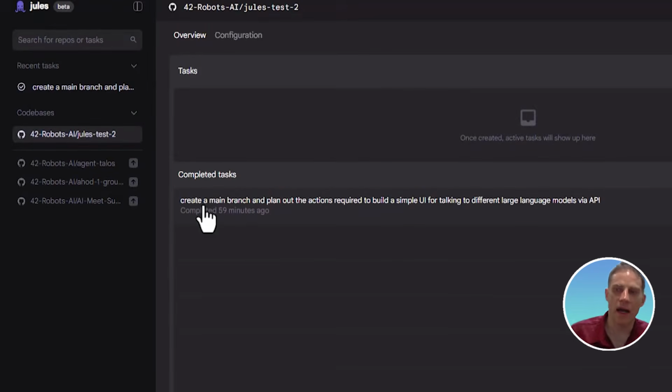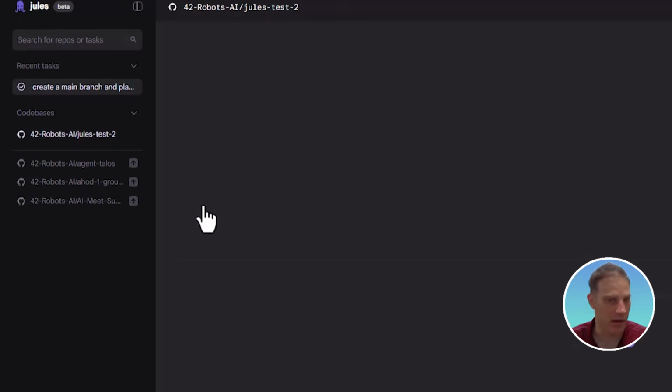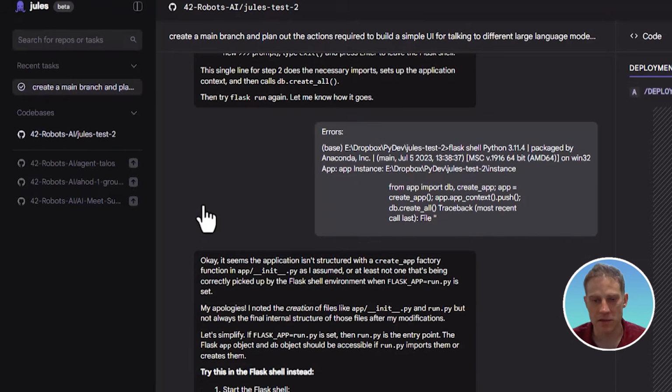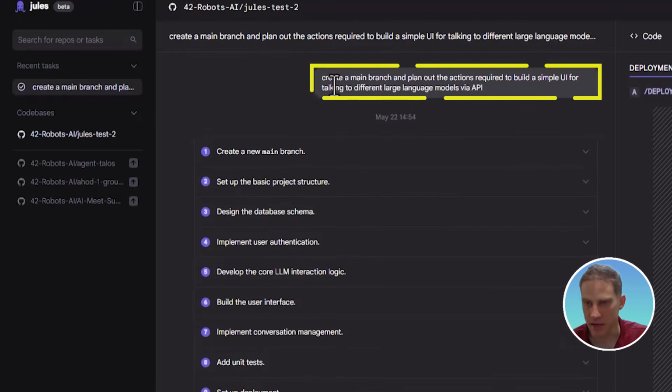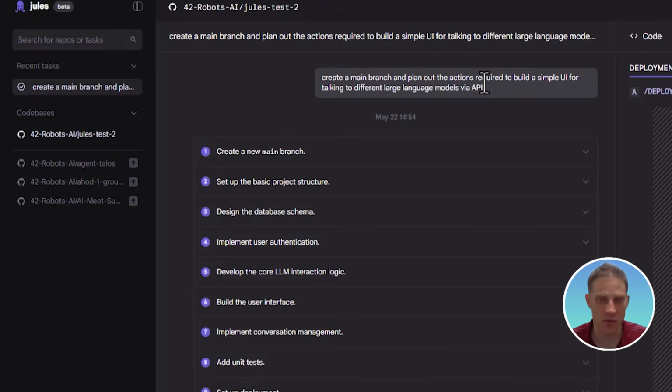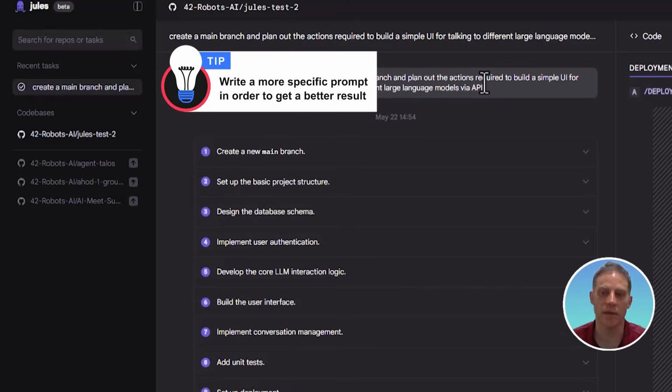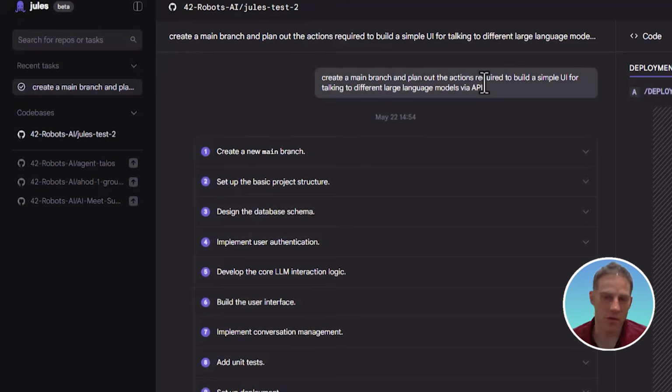So what I did was, this is just one task. I actually ran this task a couple of days ago. It's actually a long thread of the task. And so if I'm asking it to make more updates, and I go all the way up to the top: create a main branch for a simple UI for talking to different large language models via API. Now, this isn't a great starting prompt, so I would recommend you give it more specifics as to what you want. You're going to get a better result because of the way it tends to